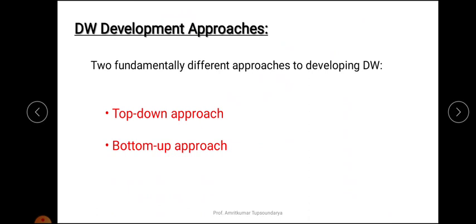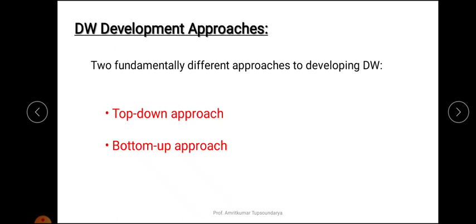Whereas on the other hand, the bottom-up approach is to produce small data marts for the reporting needs of the different departments or functions, as and when it's needed. The bottom-up approach also leads to healthy local ownership and maintainability of the data.